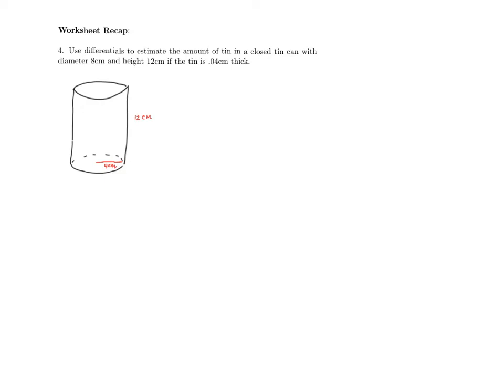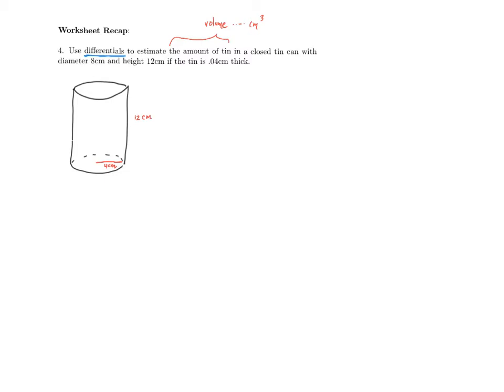Now in terms of how we approach this, we want to estimate the amount of tin in a closed tin can. That's how much tin is being used to make maybe this soup type of can. And we would estimate or measure this amount of tin in terms of a volume. So thinking in terms of cubic centimeters, how much volume would we estimate is in this tin can? And of course we could figure this out exactly, but that's not the point of the exercise. The point of the exercise is to do so using differentials, and as usual we should be very careful to